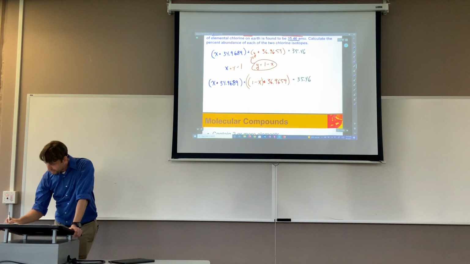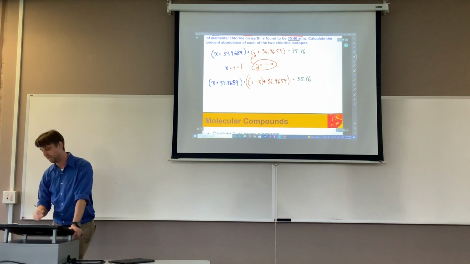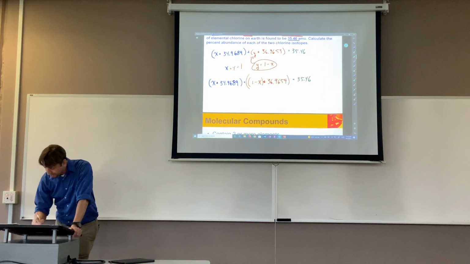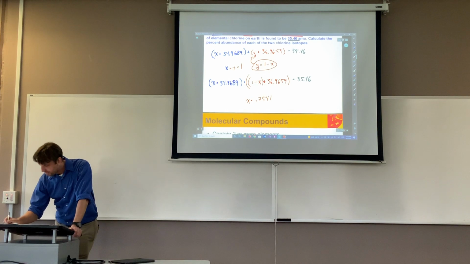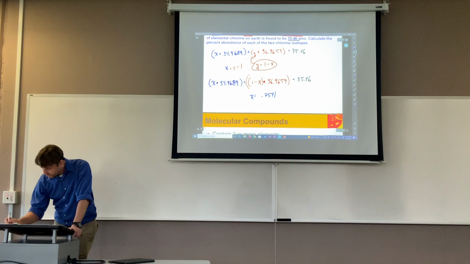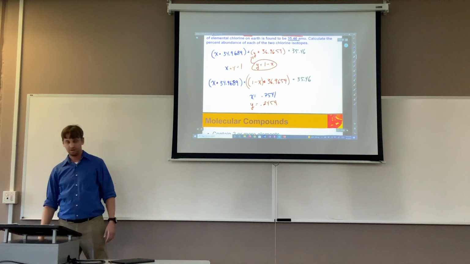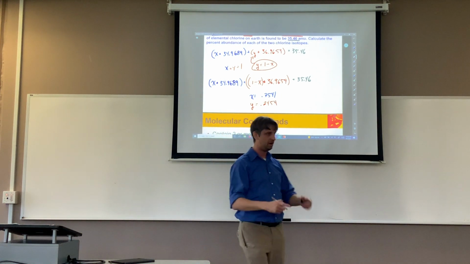And at the end of it, let's see, I got a bad glare coming here, so I'm not just squinting around. So I got X is equal to 0.7541, and whoops, I did the wrong color here, so that should be blue. I'm going to confuse you guys with that. So X is equal to 0.7541, and Y is equal to 0.2459. Okay?